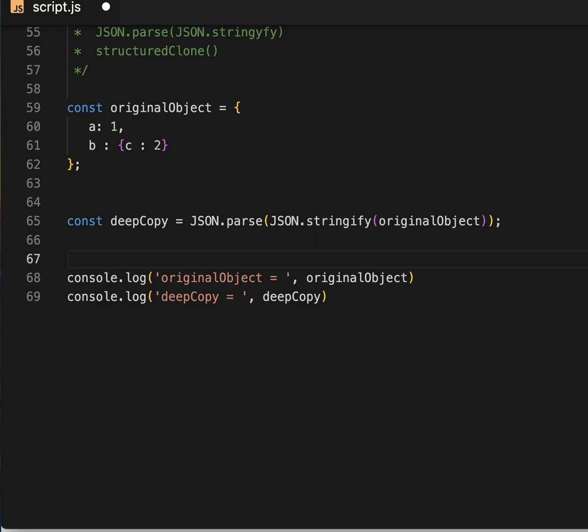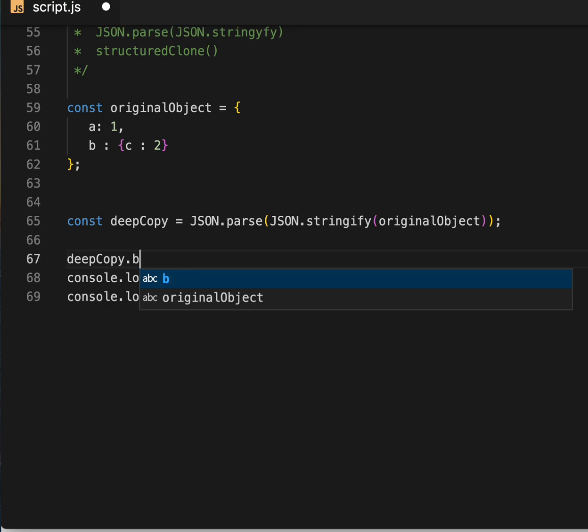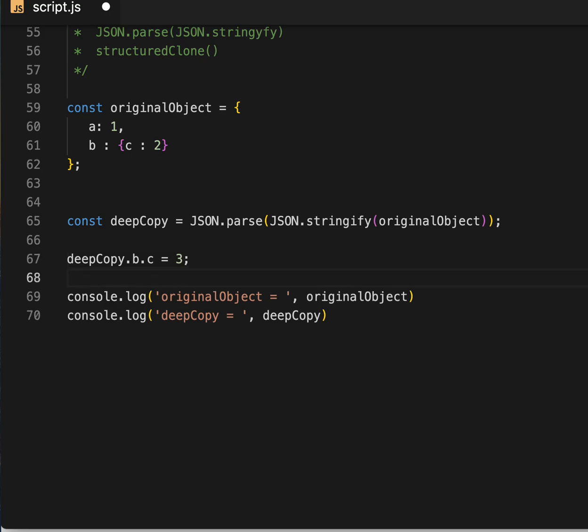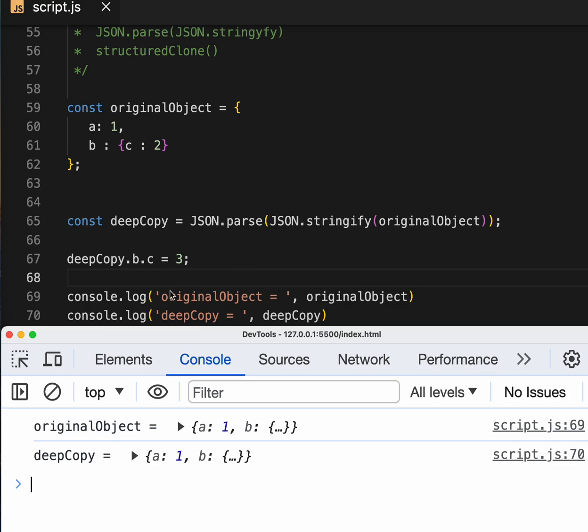I'm going to modify this. We have deepCopy.b.c, and in the deep copy I'm making an addition, modifying the value of the c property by replacing 2 with 3. Let's see what output we are getting.